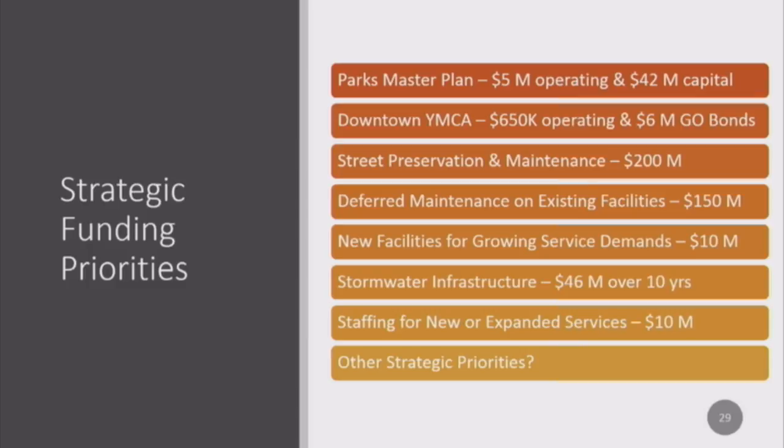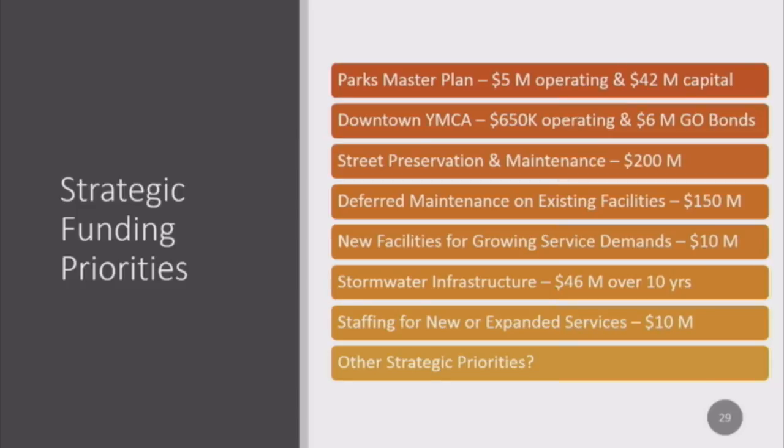So we're almost at the end here. We're going to end with this slide here, almost. I think there's one more slide, but these are what the administration believes are, for the most part, the strategic funding priorities of the commission. These are areas of funding that do not have a revenue source, but we know how important they are to you as a commission. So the first one we've listed here, they're not in any priority order, by the way. And the estimates are very, very preliminary.